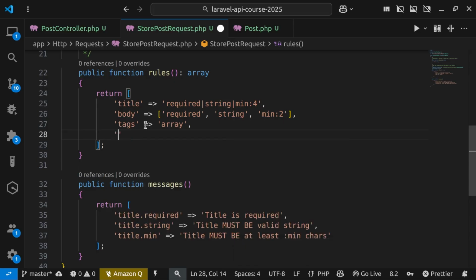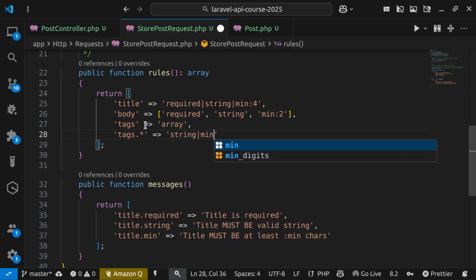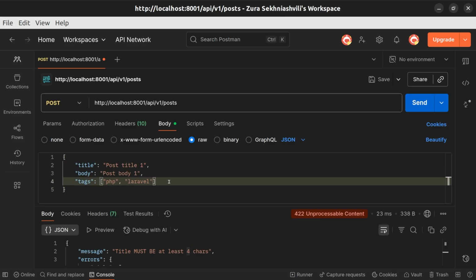Actually, let me use single quotes. tags.* and then asterisk, which means every tag inside this tags array should be whatever we decide, like string, and the minimum should be 1, or minimum should be 2 characters, right? So I'm going to save this. Now this is actually valid, right? So we're providing tags, which must be an array, and each tag has at least